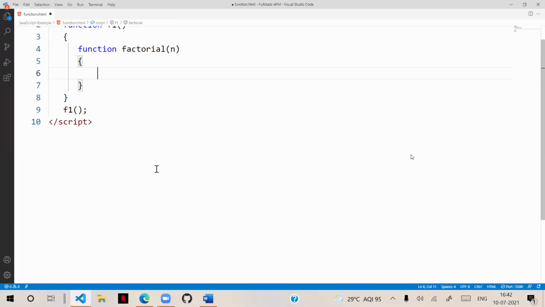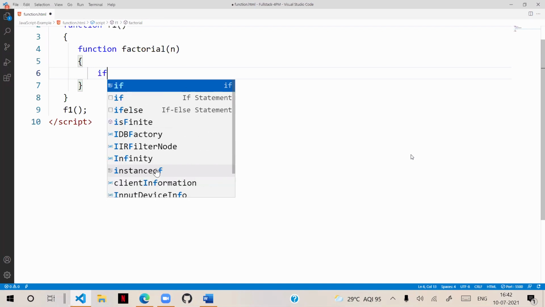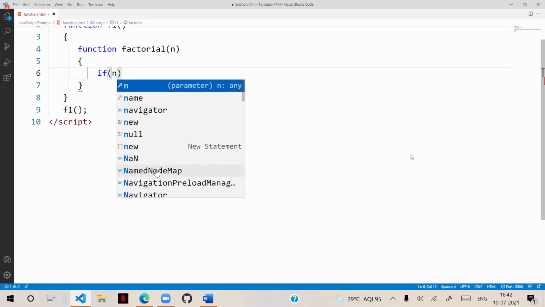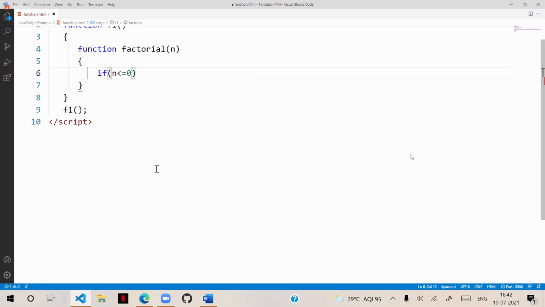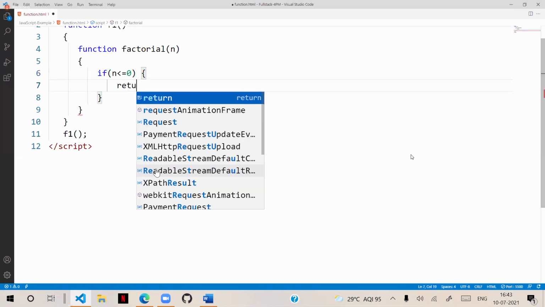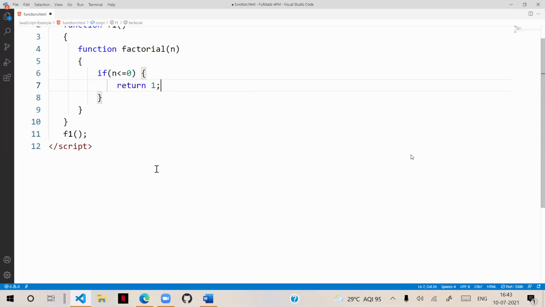So here we are configuring: if n is less than or equal to 0, then we ask it to return 1. That means stop at 1.